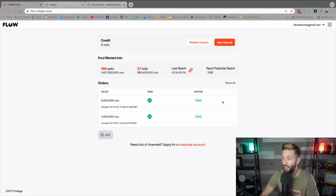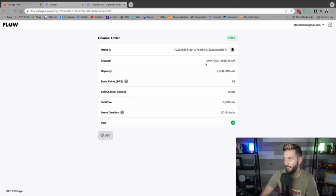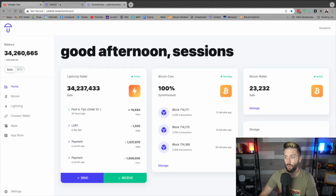All right, just jumping ahead a little bit, we now see that we have 2 sidecar tickets or channels that have now been filled. So we can see the order got filled in the pool order book. So if I click on it, I can see that this channel for 2 million sats, as well as the other one for 1 million sats, have both been filled, aka opened to my node. So how do I see that? Well, over on Umbrel,